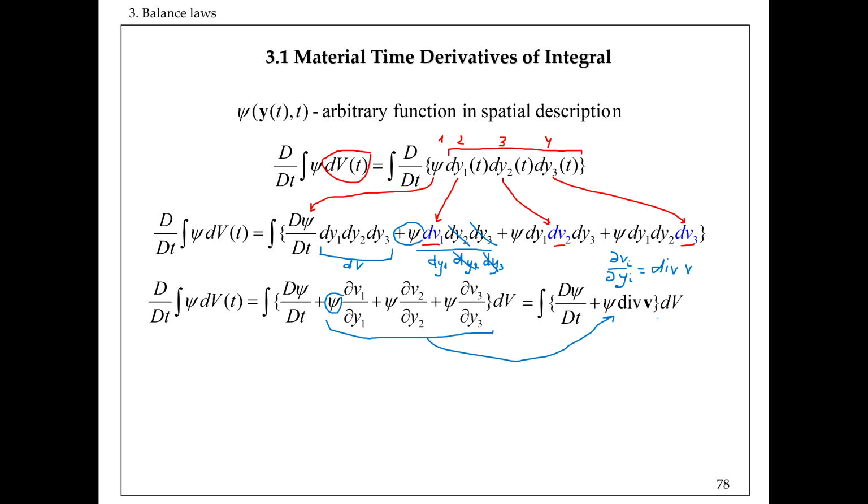Now here we can also recall this function, and we can recall how we can write this material time derivative. We've done that before in our previous section. So the material time derivative can be written in terms of the local time derivative and the convection changes, right? And in general, what we had here was a formula like that. Now we can use this general formula that we derived, and basically here, instead of these dots, we can put our function psi,